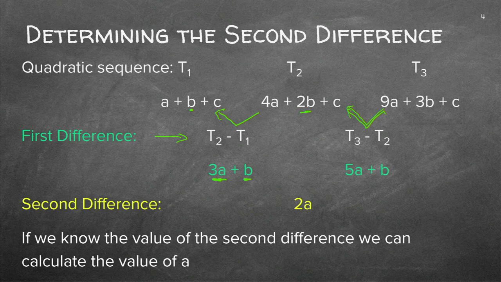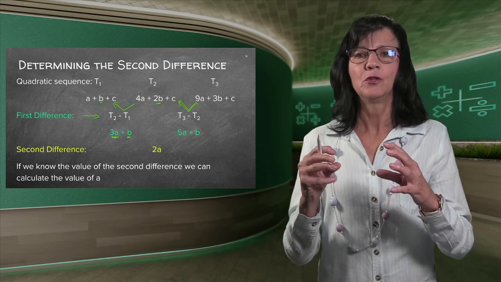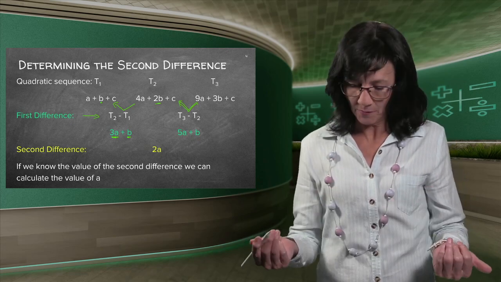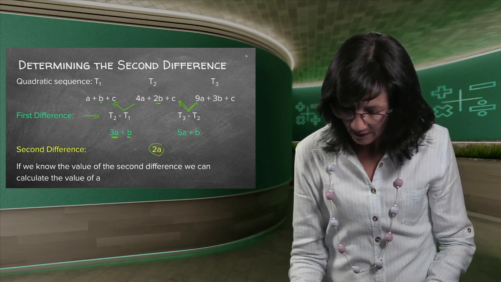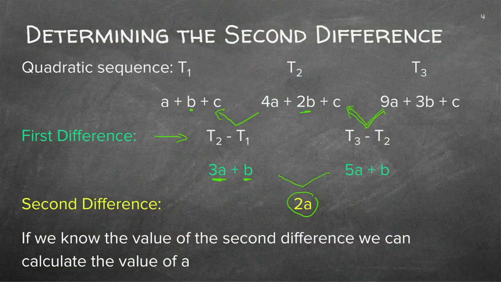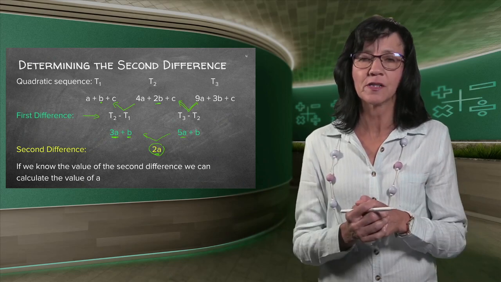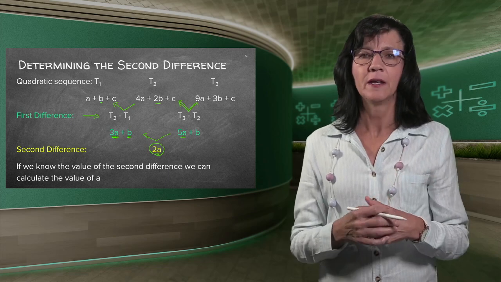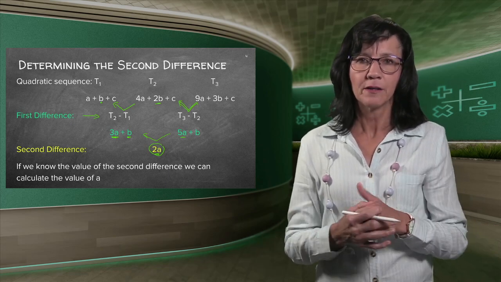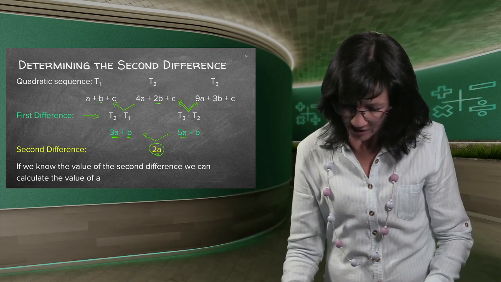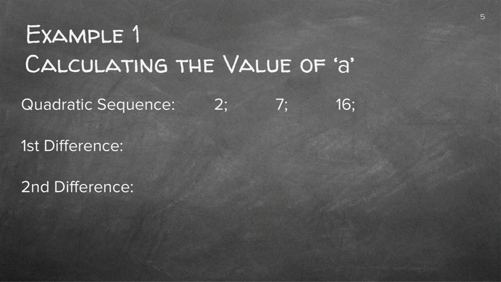And then you remember by now, for quadratic sequences, you do have a second difference that is the same. So this is the important thing here. If you subtract that one minus that one, always right-hand side minus left-hand side, 5a minus 3a gives you 2a, b minus b is 0. So your second difference is just 2a. And in the future, we're going to use this 2a. You'll see just now in the rest of this lesson, we're going to use this 2a in order to find in the end my formula. So let's just see, if we do a proper example, how to find a.